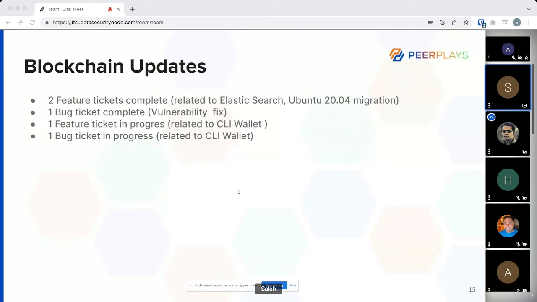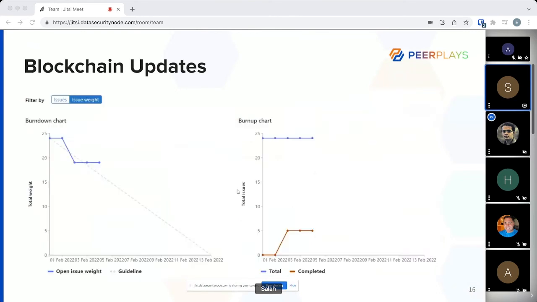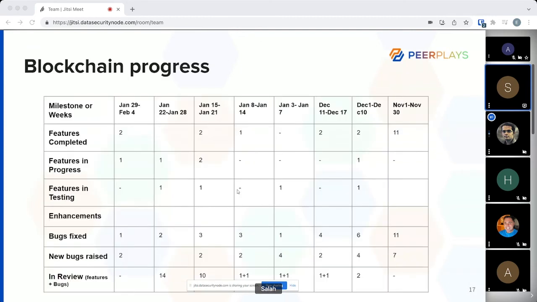Okay, let's go to the next slide. Okay, this shows our typical progress. So let's skip this slide. Okay, this is an interesting slide. This shows our